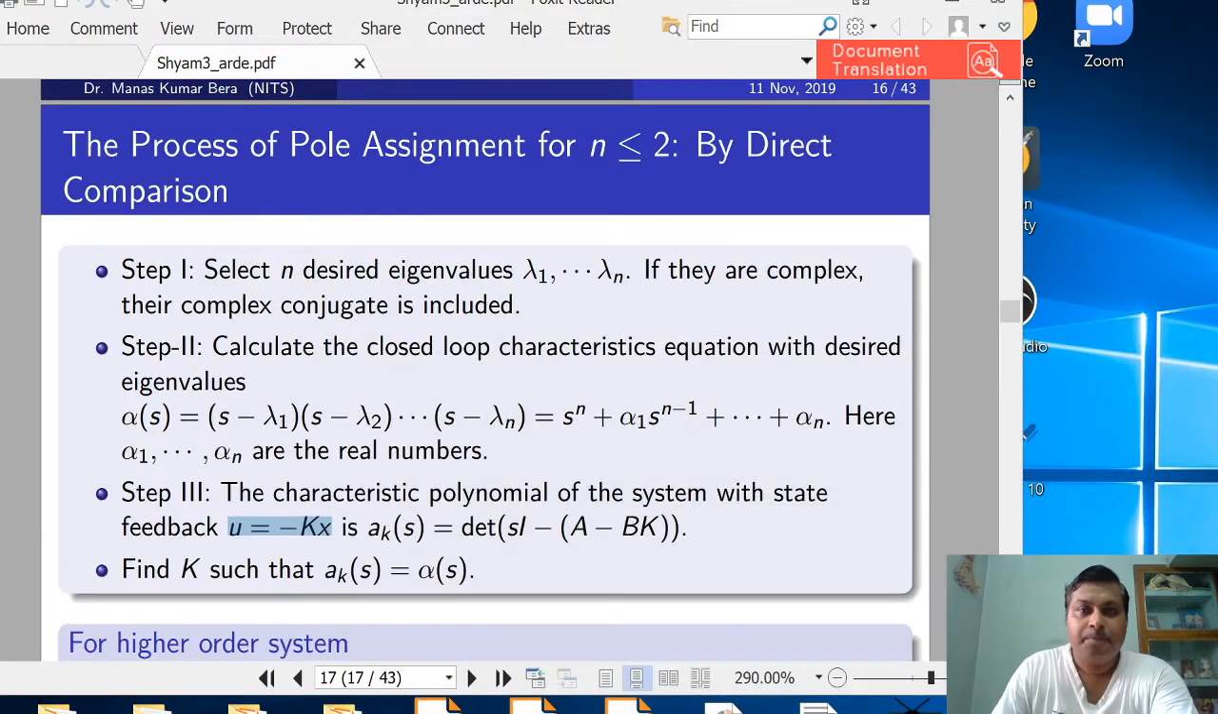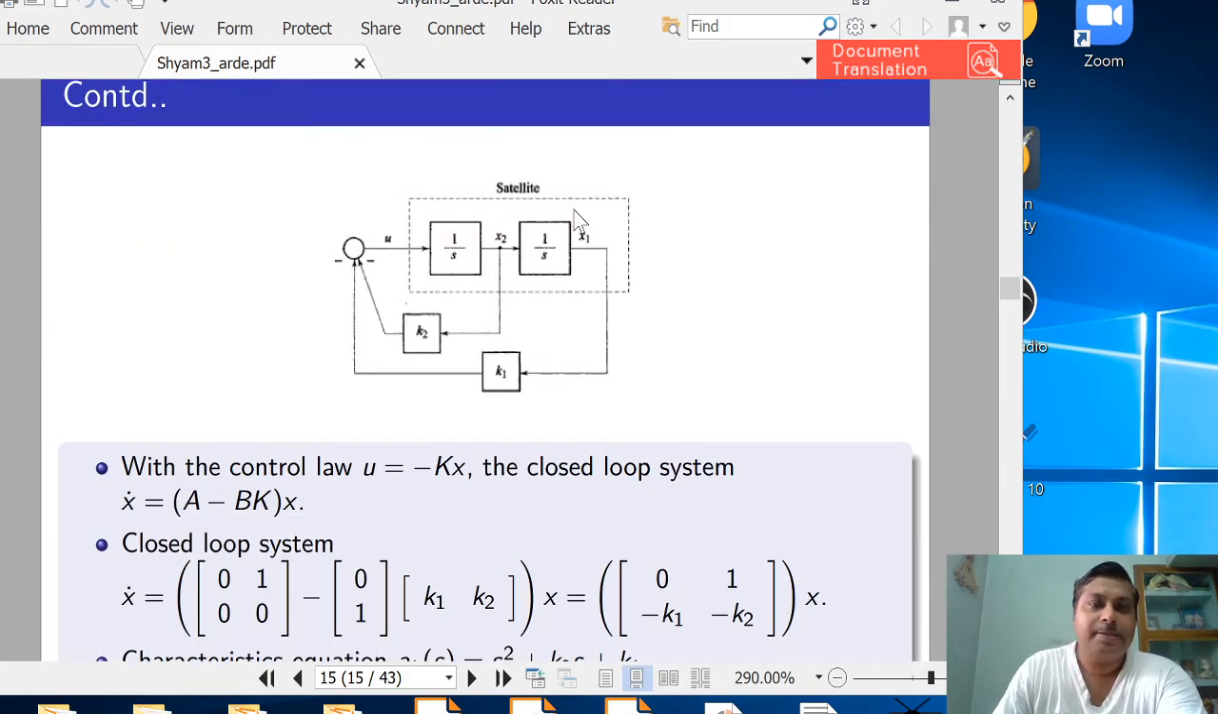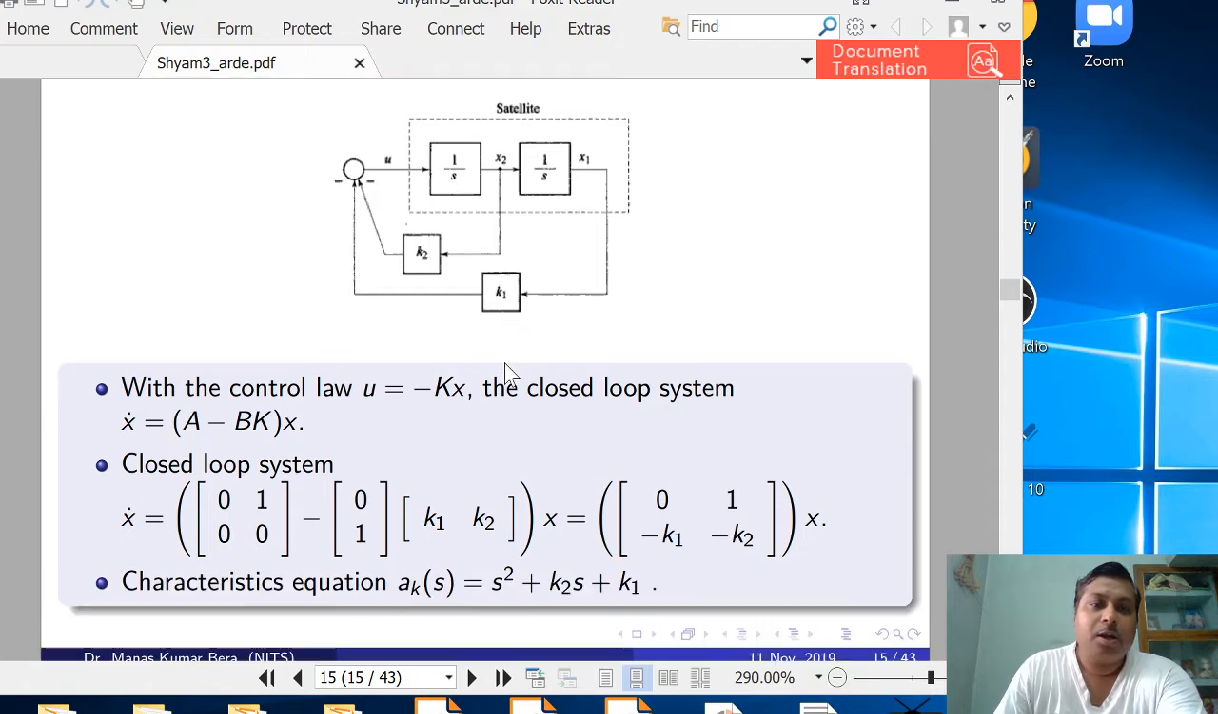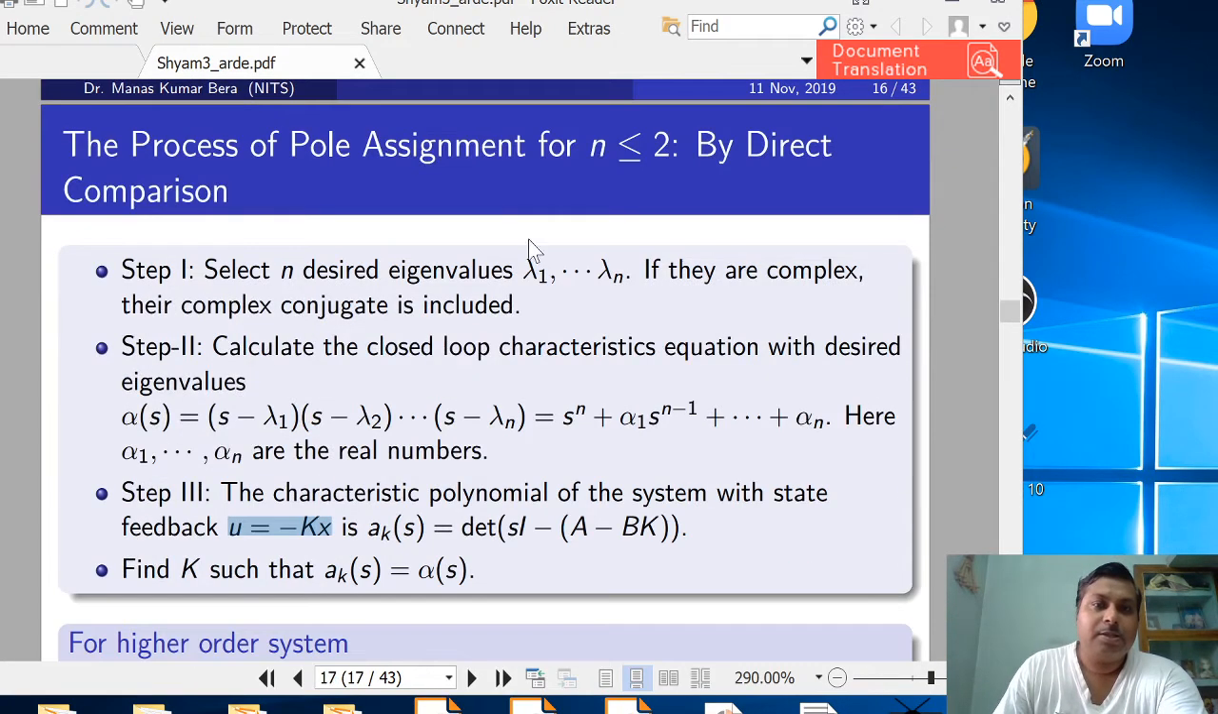Welcome students. So we are discussing the process of pole assignment or state feedback control. With the example, we have already understood how the gain of the controller, the state feedback controller, that is K, can be calculated. So this was the last slide where we discussed the process of pole assignment for n less than